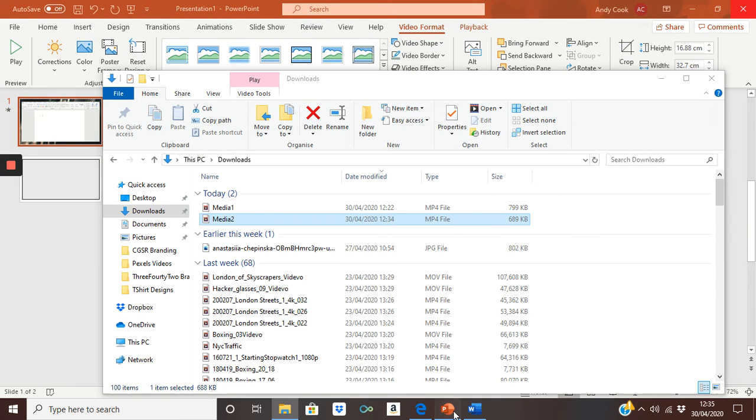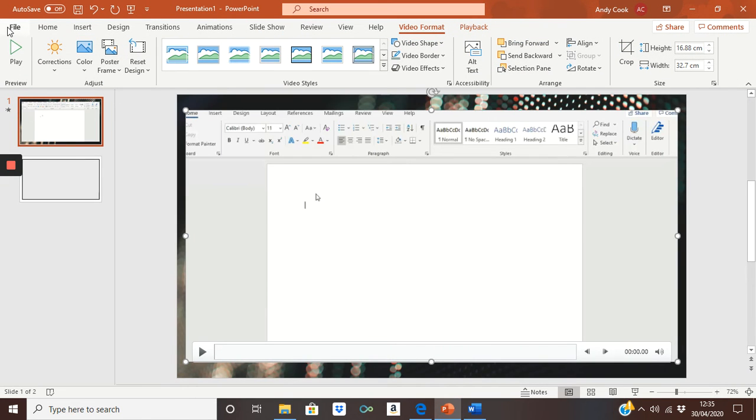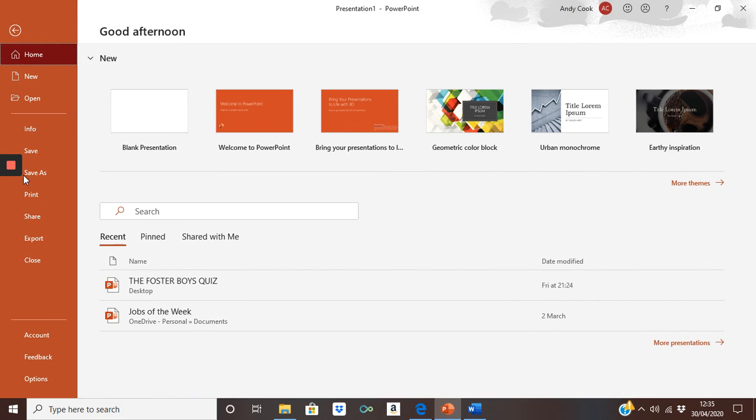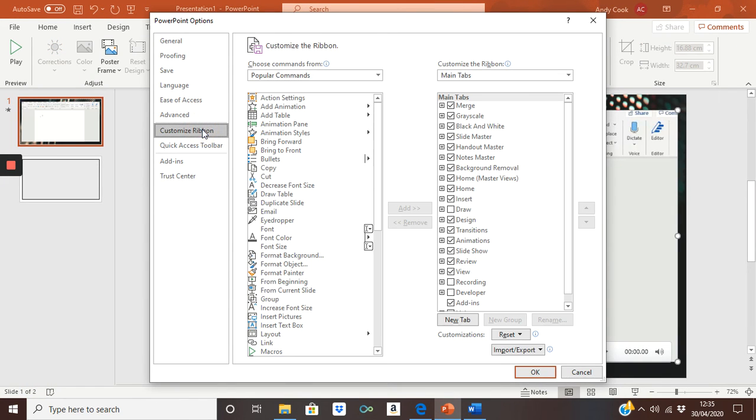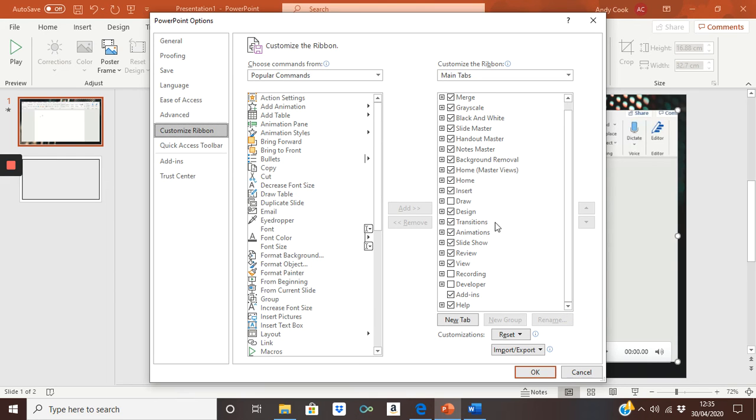Now what I'm also going to show you is how to get a tab put onto your ribbon for screen recording. So what you do is you click into File, scroll down to the bottom and you've got Options. Now down here you've got Customize Ribbon. And on your right hand side you've got the main tabs which you can customize. You're going to see down here you've got the recording option,